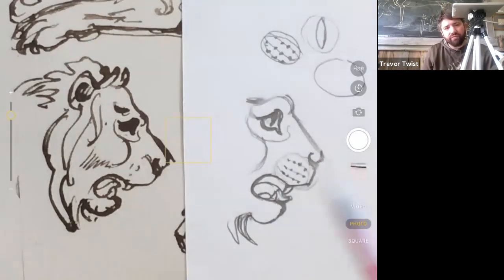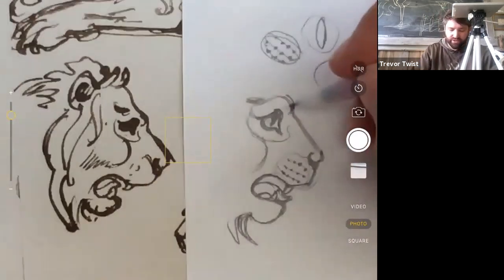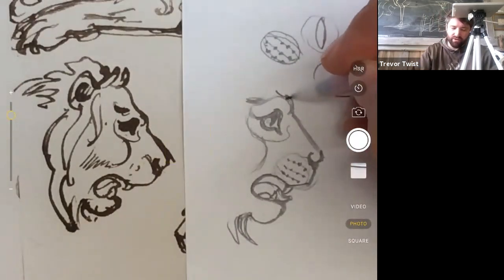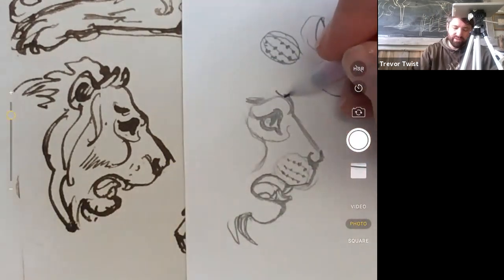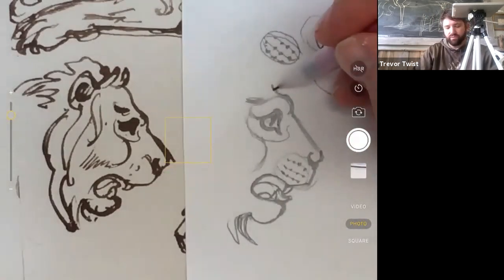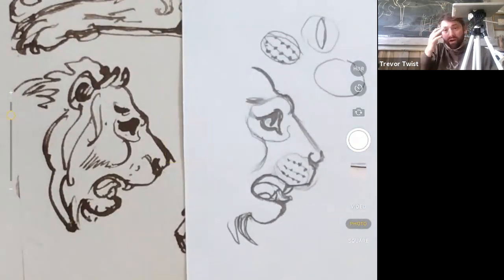Once we get this forehead in here, which is very easy, it's just an S curve again. So the brow swells out, the forehead dips in at a concavity, and then it swells out in the occipital bone. We have the same thing. Our brow ridge swells out. There's this little dip up here, and then we have the big